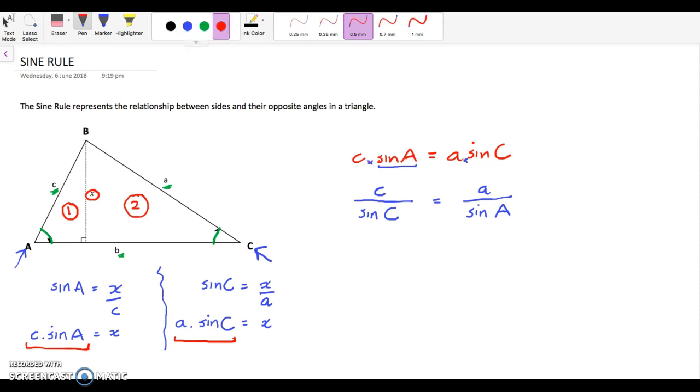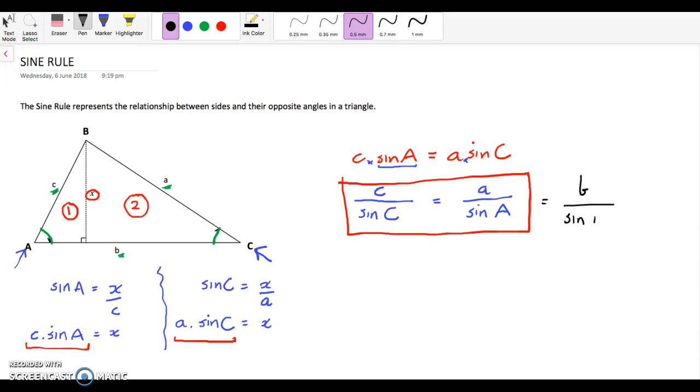And what we've actually found is the definition of the sine rule, which says the ratio between a side and the sine of its angle will be the same for every pair of sides and angles in our triangle, which means that we can even extend this to say that side B over the sine of that angle B opposite side B will be equal to side A over the sine of its opposite angle A and equal to the ratio of side C over the sine of its angle C. It's a really beautiful relationship that we've got between sides and their opposite angles, and that's what I call essentially a pair,